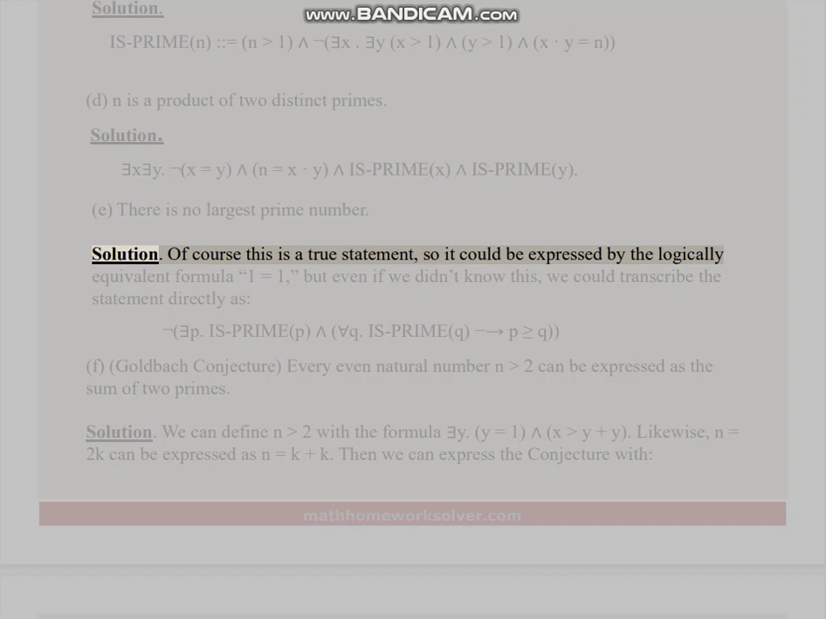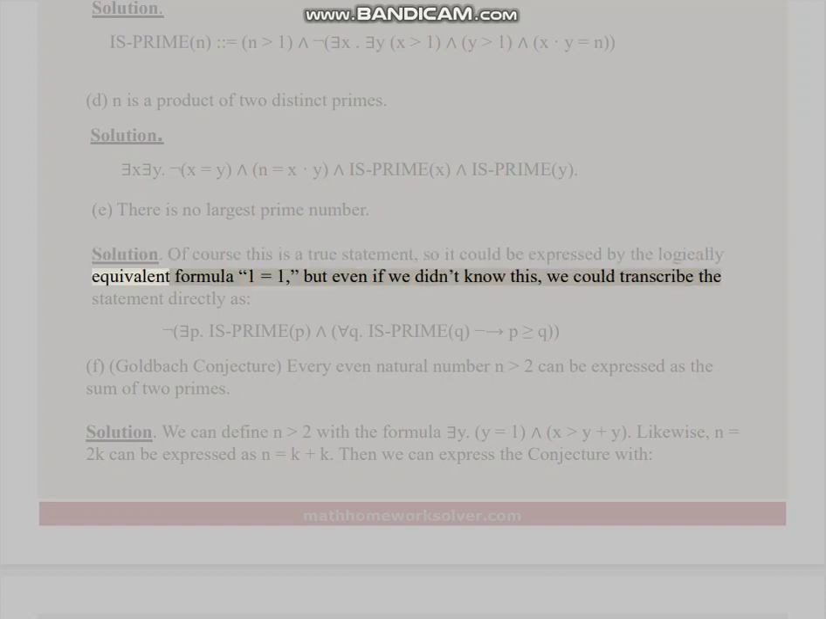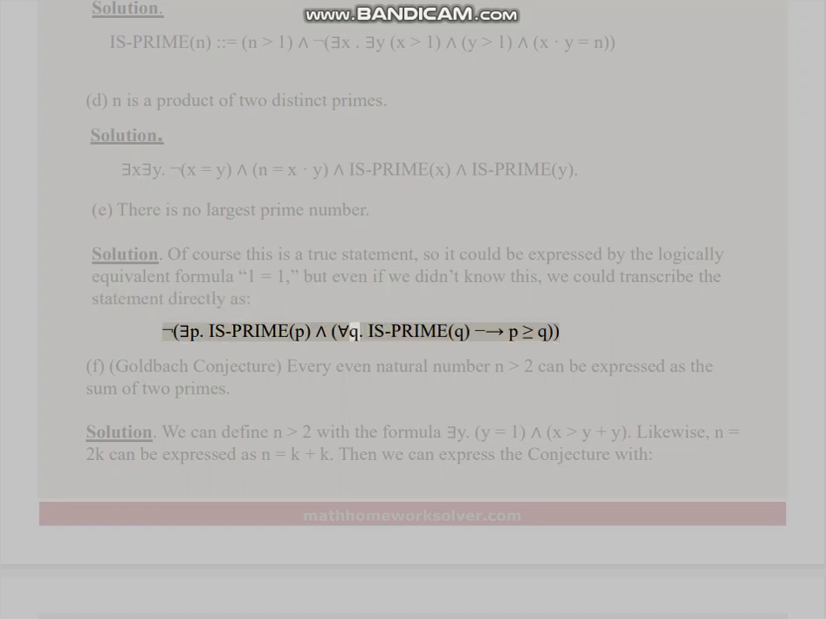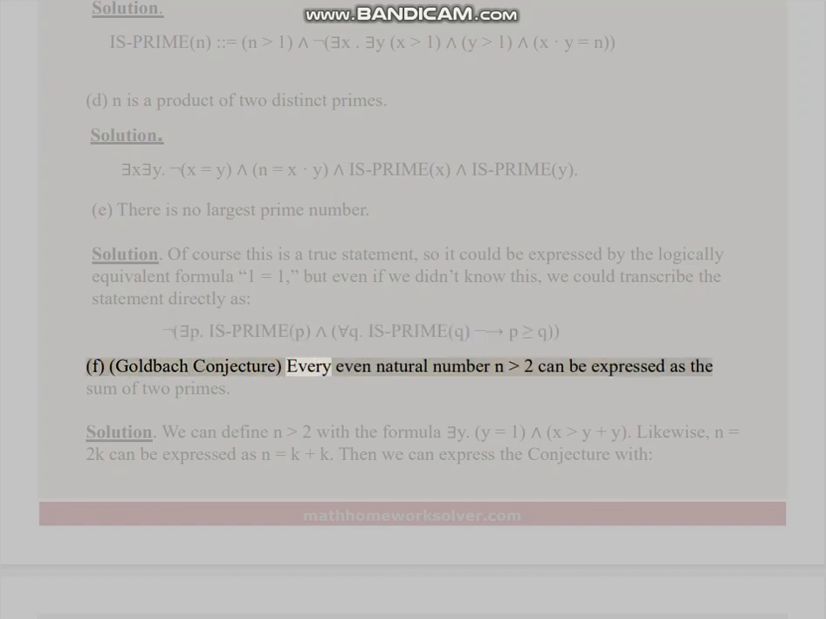Solution. Of course this is a true statement, so it could be expressed by the logically equivalent formula 1 = 1, but even if we didn't know this, we could transcribe the statement directly as ∀P (is_prime(P) → ∃Q (is_prime(Q) ∧ Q − P ≥ Q)). F, Goldbach conjecture: every even natural number